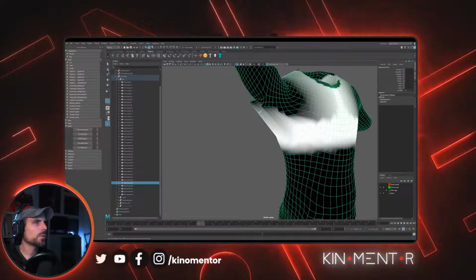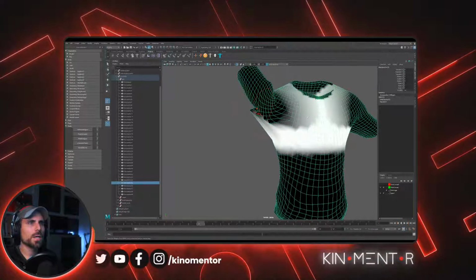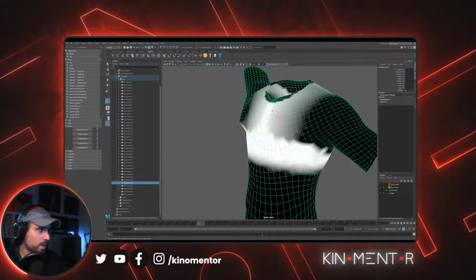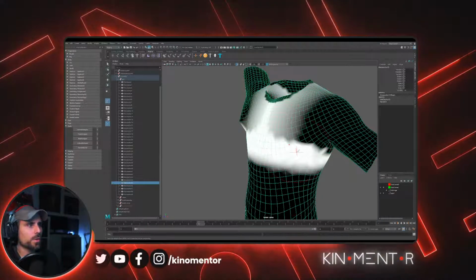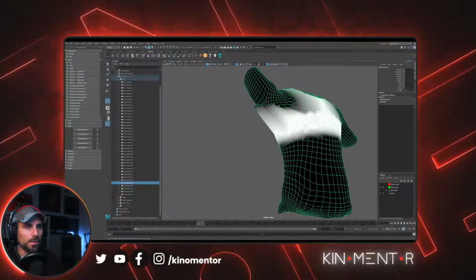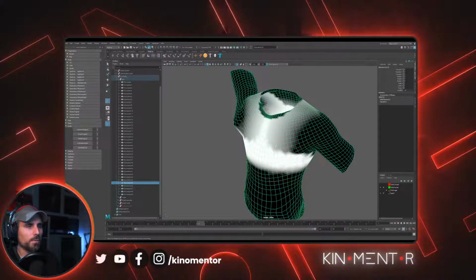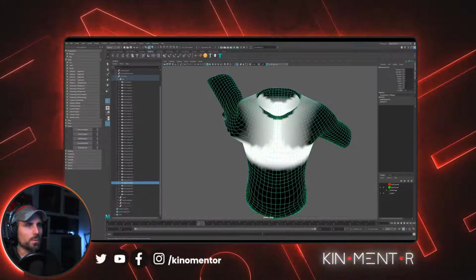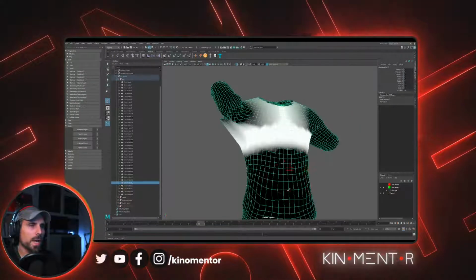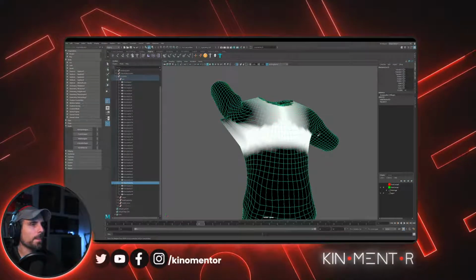Okay, and now what happens is that you get something that looks like this. What this is actually showing you is the areas of influence. This is where a specific joint is being influenced by, or is actually influencing, this geometry. Now, whatever is white means that it has a very strong influence, whatever is gray means it has less of an influence, and whatever is black means it has absolutely no influence at all. Okay, so